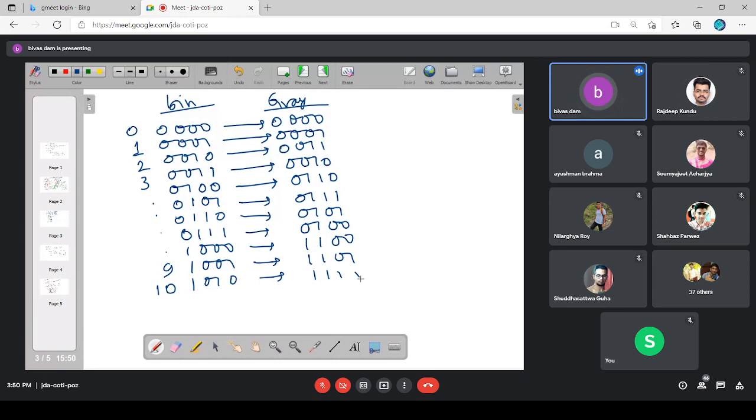Now, if I don't represent these numbers 1 to 10 in binary, but had I represented that in gray format, look: from one count state to the next count state, how many bits are changing state? Only one. That means if I go for gray encoding of the output, there will be absolutely no transient states, because always from one count state to the next higher count state, only one bit position is changing state.